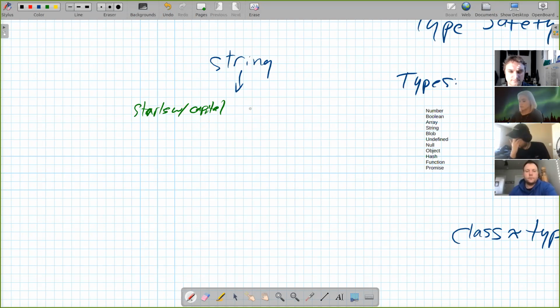It can be like interpolated, like in Ruby you could specify one with either double quotes or single quotes, and with double quotes you can use a pound sign to interpolate over it. Probably not part of the string type. Think about more specific strings. Like an email? Yep, exactly. Gotcha. I see what you're saying.